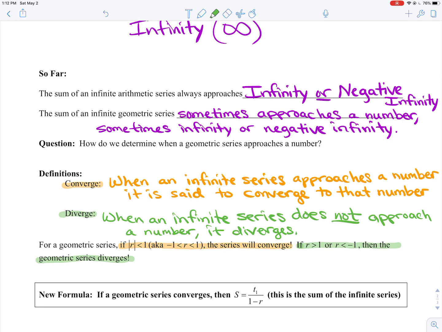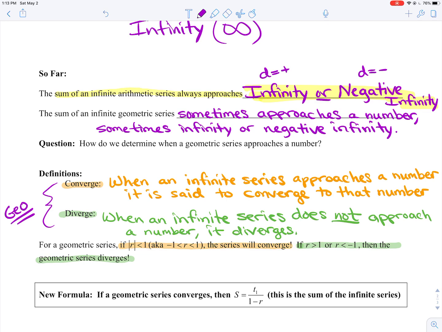So again, to recap, the sum of an infinite arithmetic series always approaches infinity or negative infinity. It's going to approach infinity if d is a positive value. It's going to approach negative infinity if d is a negative value. And then for converging or diverging, that's when we're dealing with geometric